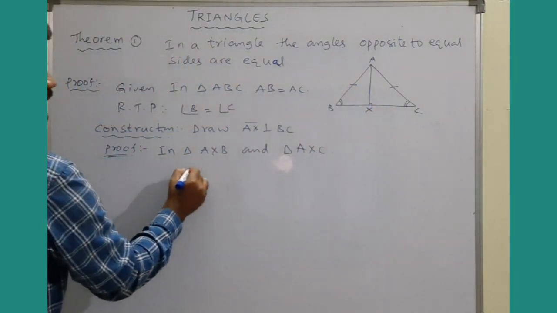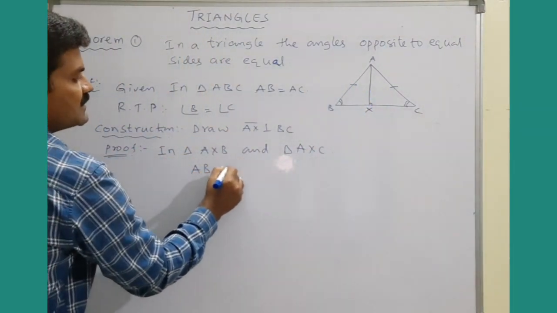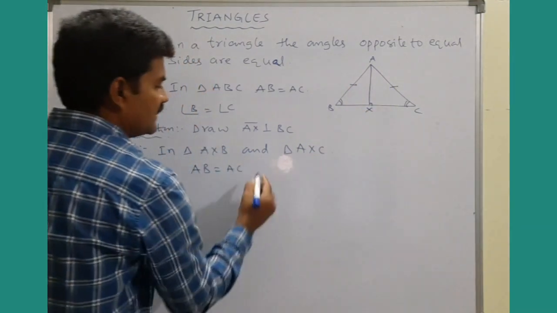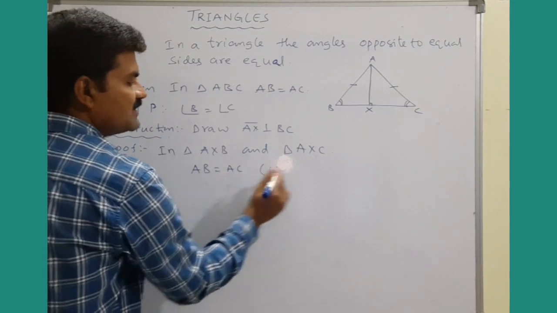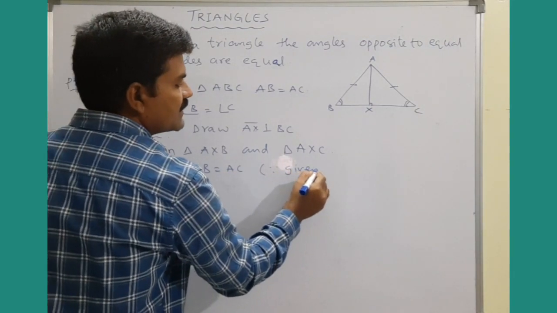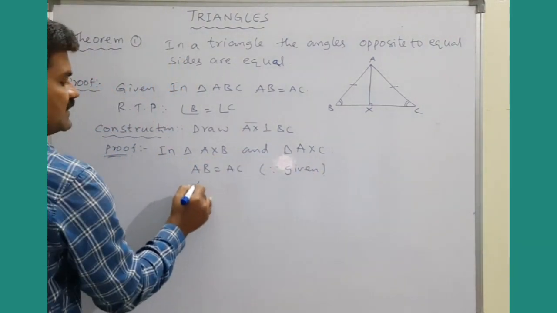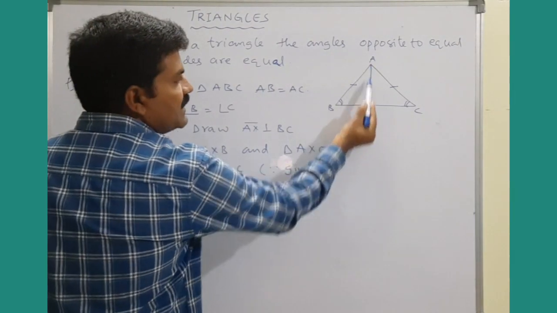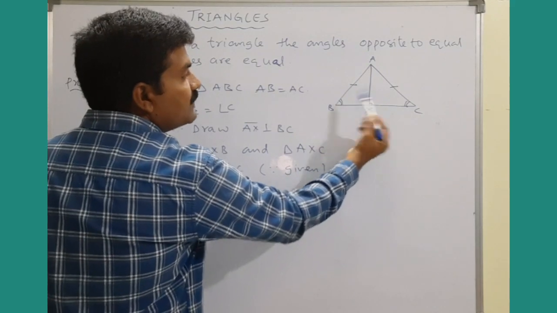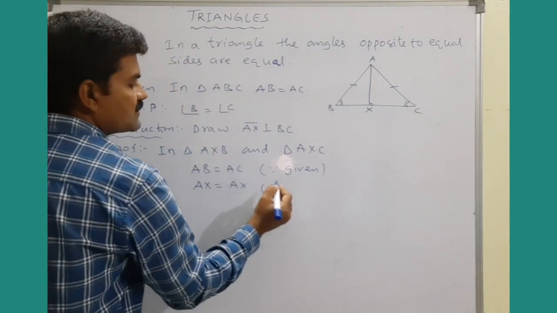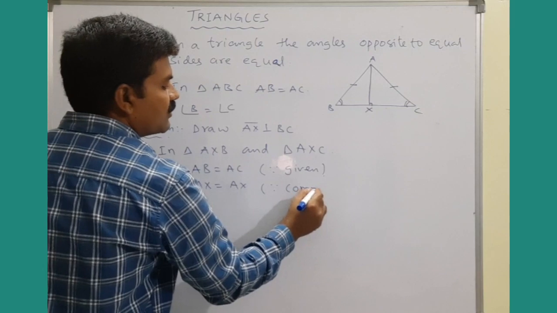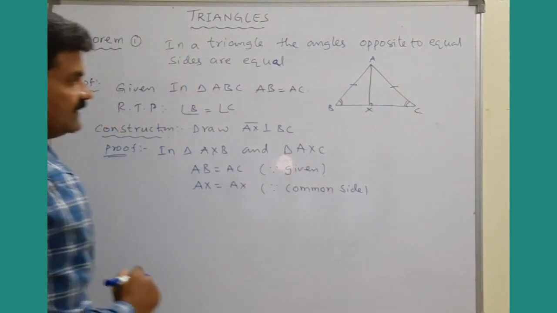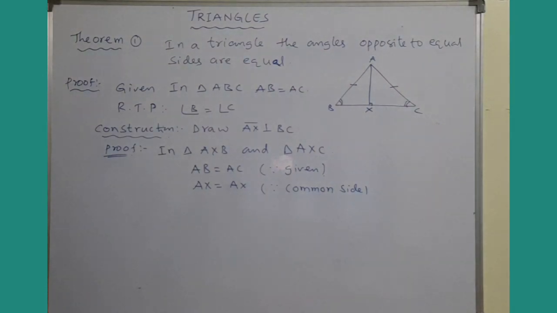Already I can say that AB is equal to AC. Given already, this side is equal to this side. Why? Because this is already a given statement. And see, AX is equal to AX. Why? Because AX is the common side for both the triangles. So since it is the common side of both the triangles, right children? Then